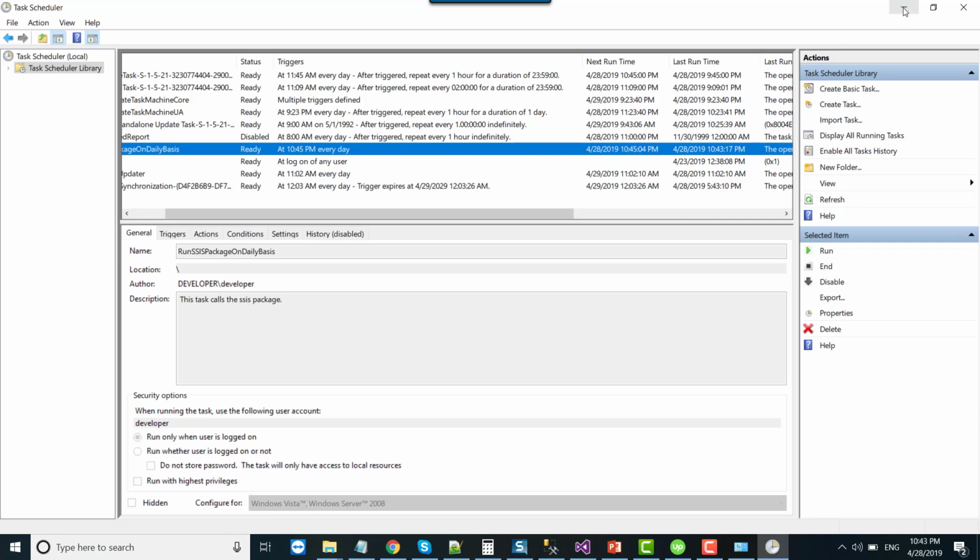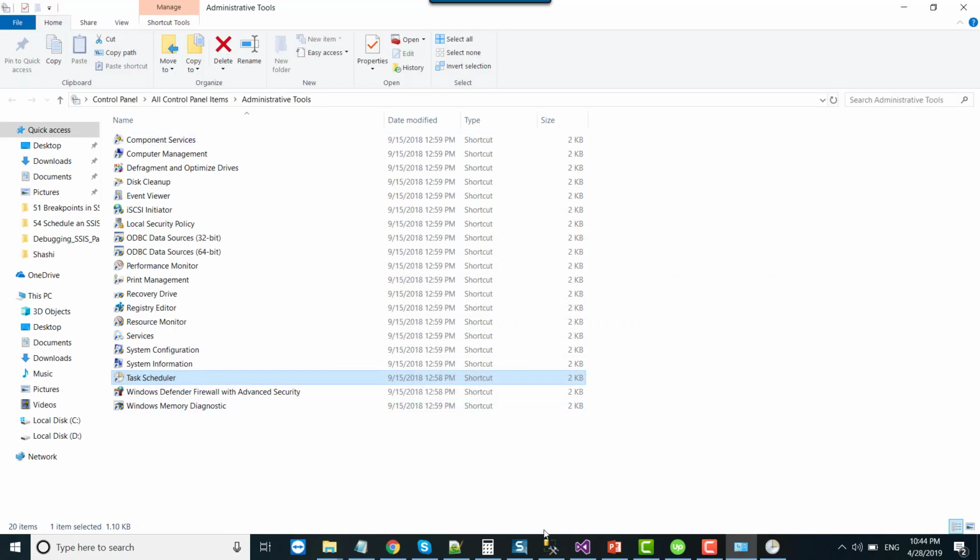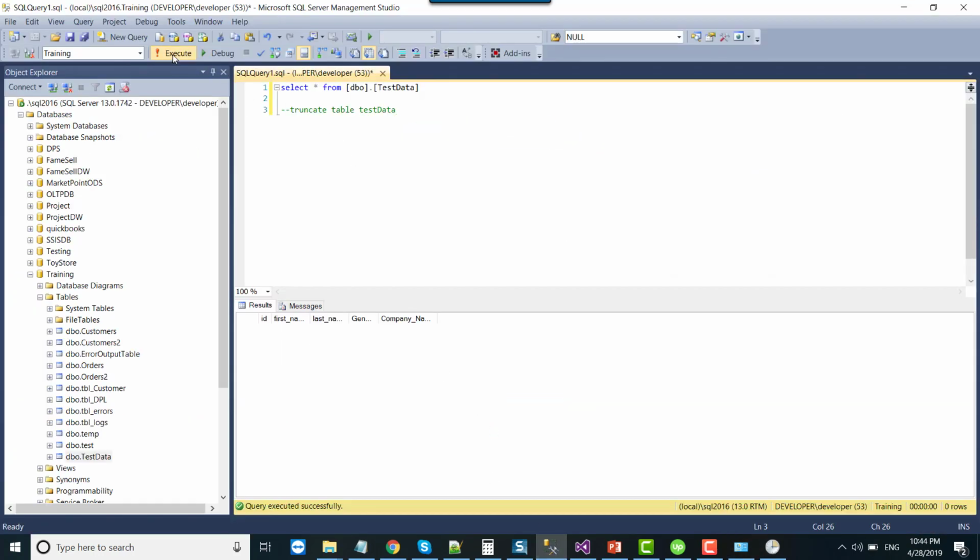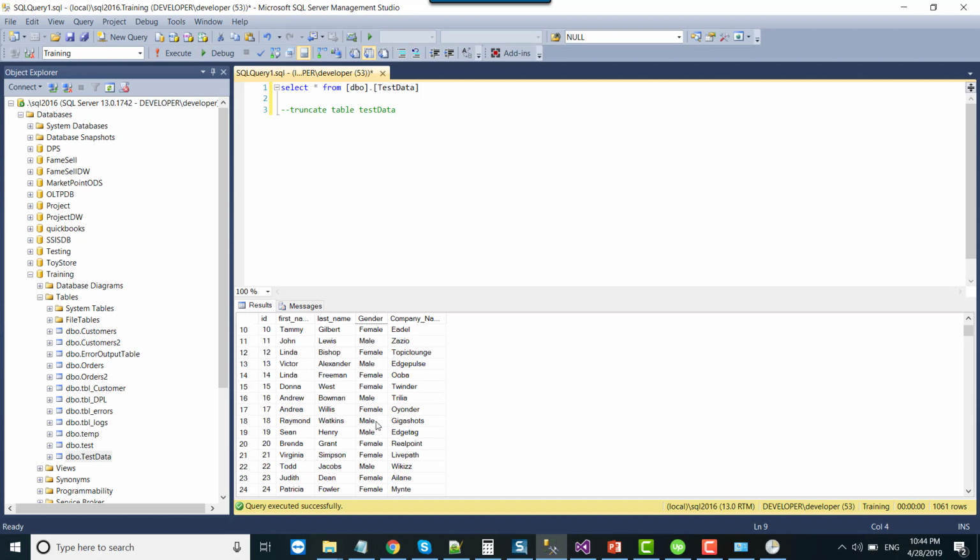If you want to check the data in the SQL Server table, to see whether the SSIS package actually ran or not, you can go to the SQL Server instance and run the select query again. You can see that the data is populated to the table,